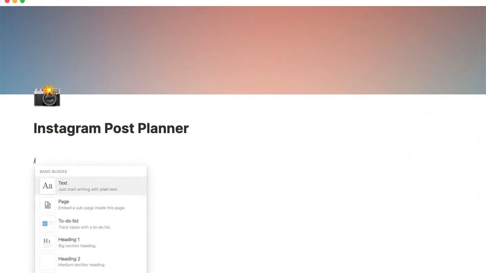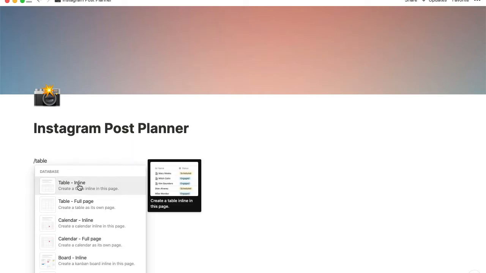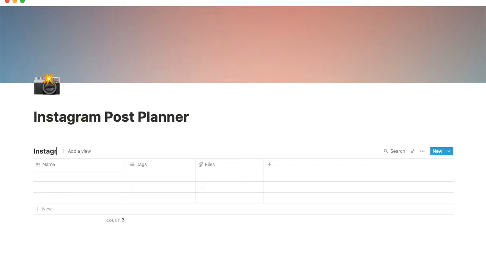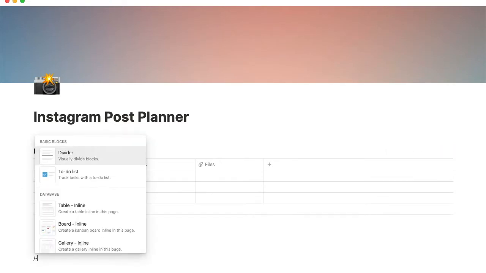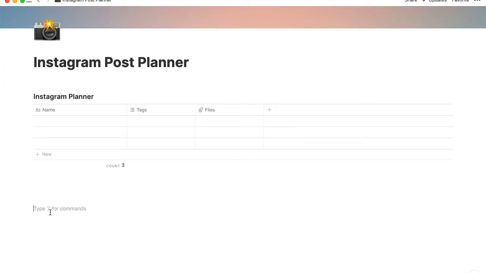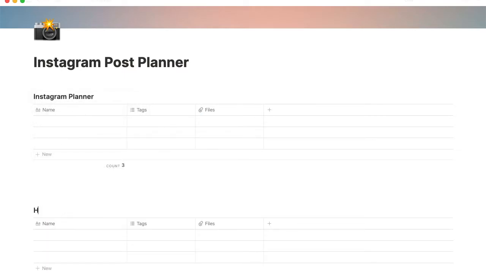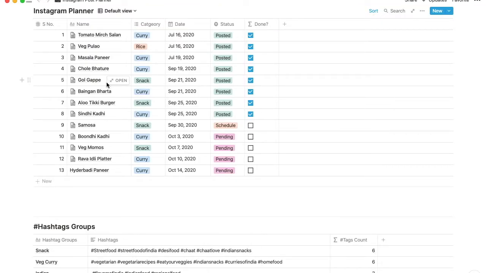Now we'll create a table inline. This will be named Instagram. The first one will be called the Instagram planner, and the second one will be hashtag. After entering some data, now we will link hashtag group with the Instagram planner with the help of relation and